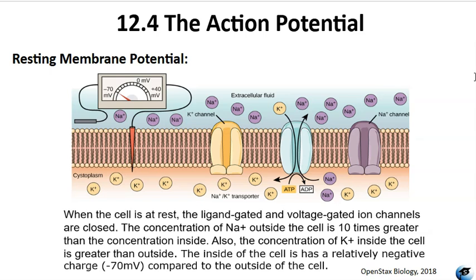This is a membrane protein that actively transports 3 sodium ions out of the cell and 2 potassium ions into the cell. Since more positive charges are pumped out than brought in, the inside of the neuron remains negatively charged. At rest, there is a high concentration of sodium outside the cell and a low concentration inside, while potassium is more concentrated inside the cell than outside of the cell. Additionally, negatively charged proteins, which cannot cross the membrane, are abundant inside the neuron and further contribute to the internal